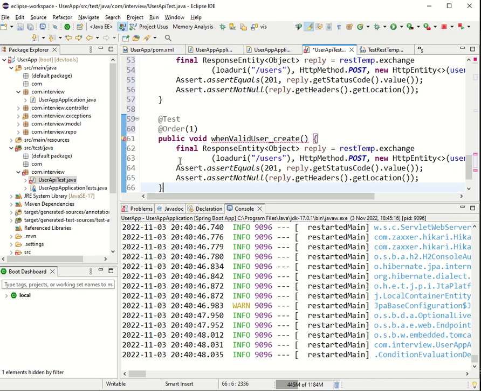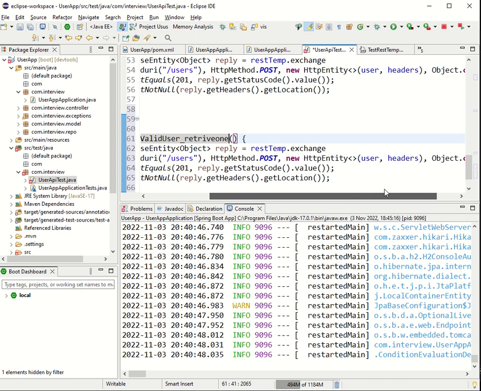Now let's do it for retrieving the users, for retrieving one user for a given ID. So the URL that I'm interested in is to pass a one, and it is going to be my